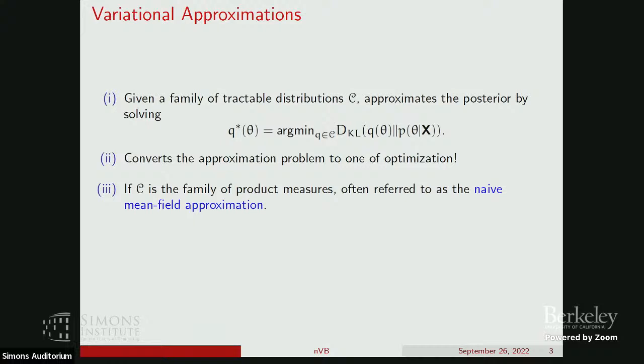Depending on what class of distributions you take here, in some cases this optimization is fairly explicit, or you can get some control on it. The most popular choice for this family of approximating distributions is the class of product measures, and we'll refer to this as the naive mean field approximation. This is the first thing that you try, and you can do more sophisticated things. But as a first step, it neglects the dependencies among the coordinates in your distribution and tries to get the best